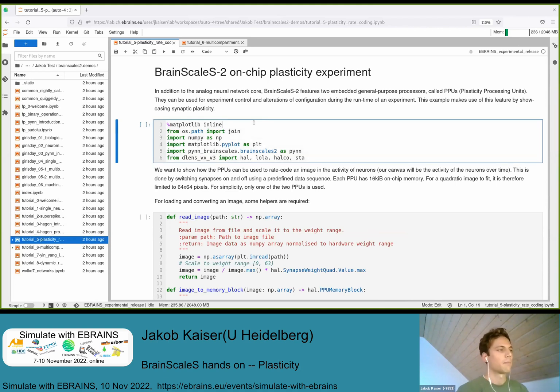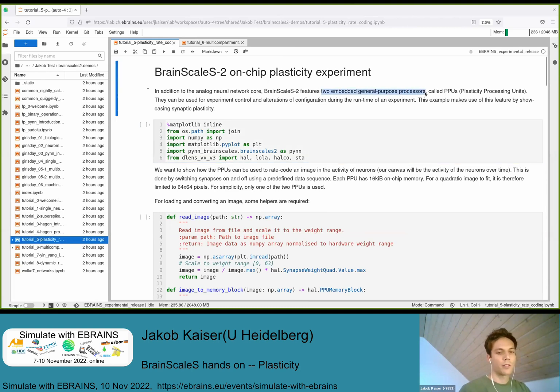So Christian already mentioned that we have two embedded general purpose processors, which we can use to alter the state of our network or of our neurons. So we have access to different observables, such as spike counters, correlation sensors, the membrane voltage, stuff like this. And we can use it to then formulate, for example, a plasticity rule to update the weights of our network. We again begin by some imports